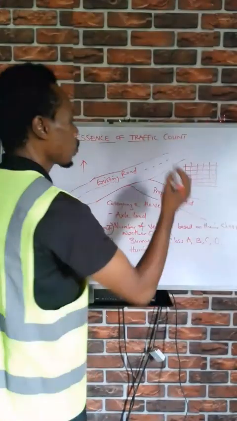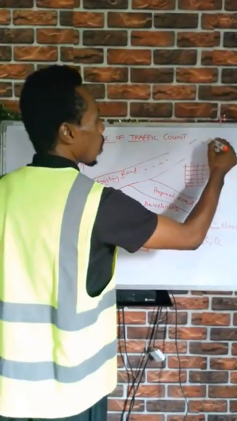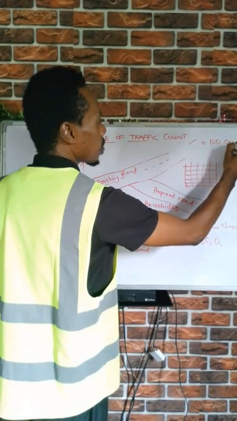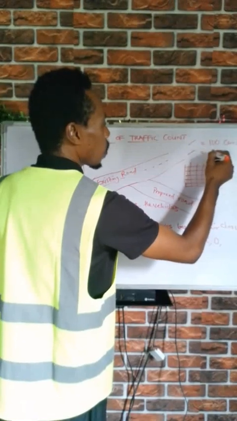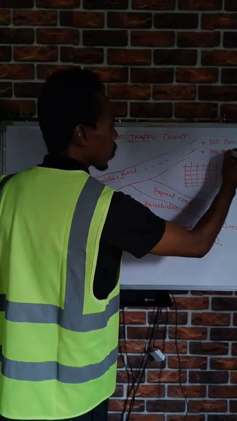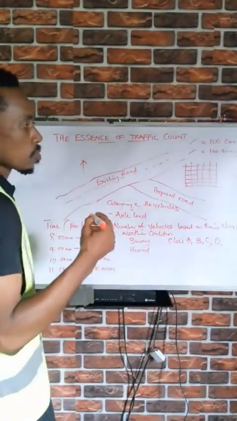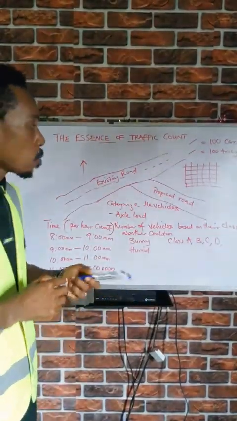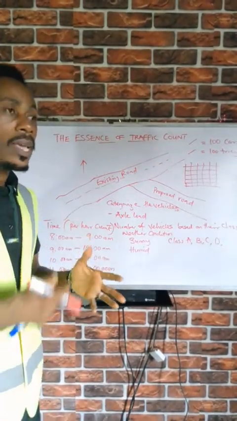So you can decide to say one stroke is equal to 100 cars. One stroke this way is equal to 10 tricycles. So it depends on the way you want to do your counting, depending on the expectation in that